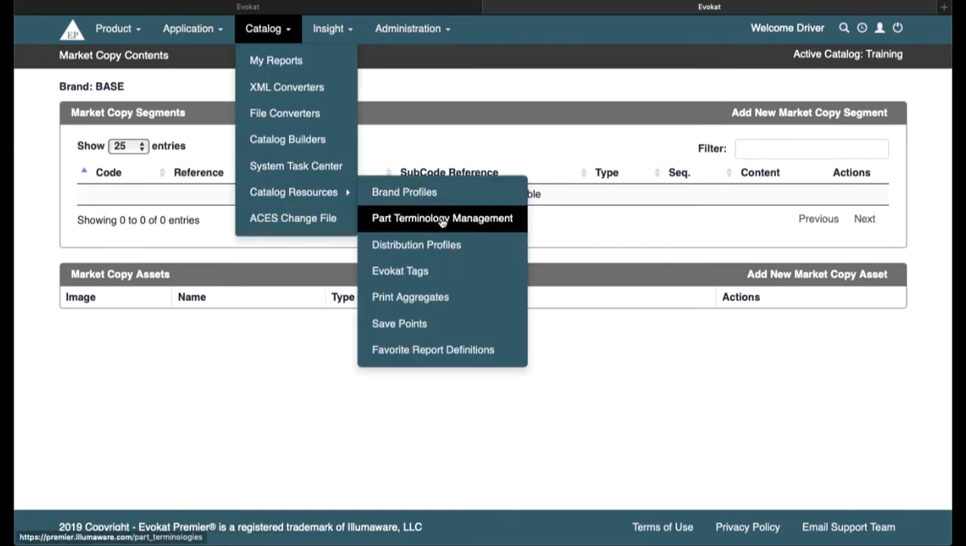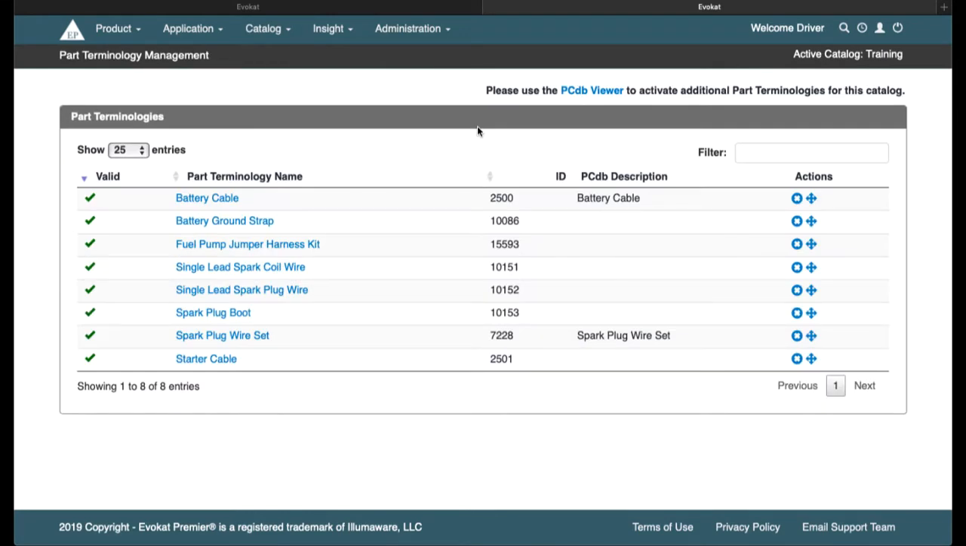Part terminology management. Within the PCDB, there's over 20,000 part types out there, and if you had a drop-down list of all of those in your catalog, it would be a lot to scroll through. So consistent with the legacy system, you activate which part types you want to see in your catalog. If you've expanded your product assortment and need to add something, you kind of need to start here and add